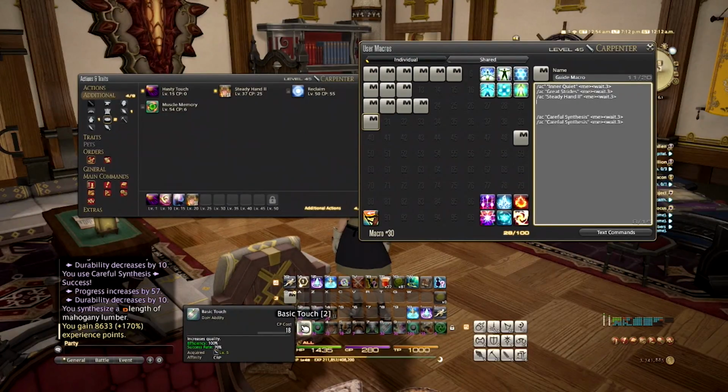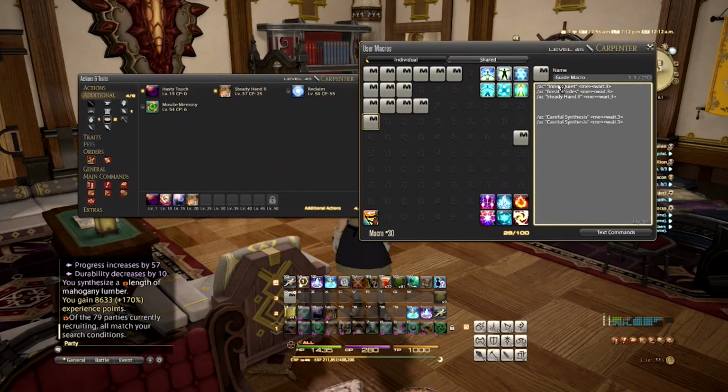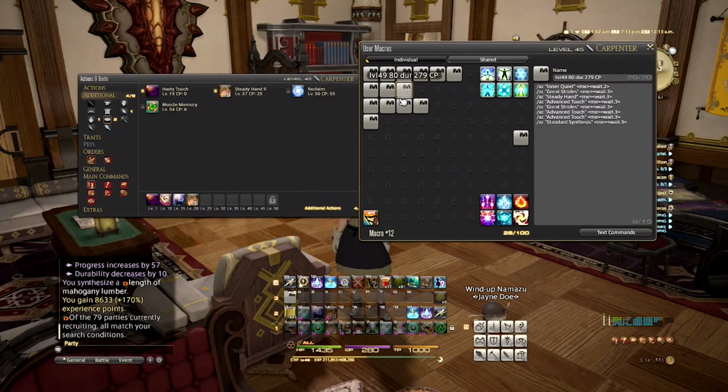So we can do something like a basic touch, right? And then we actually will have used 10, 20, then 30 durability. So we want to go ahead and put in a Master's Mend. Now with that, we're ready to get started on actually doing touches. So we can go ahead and...